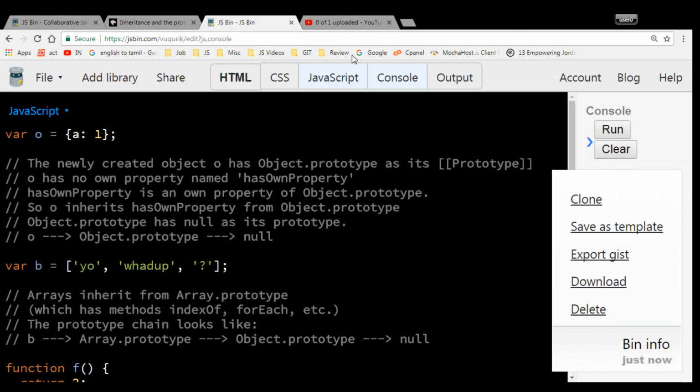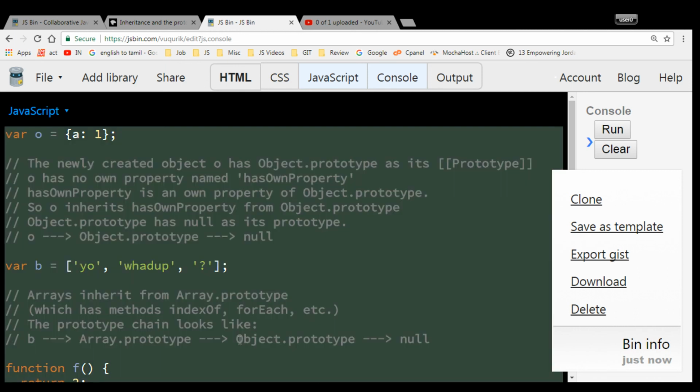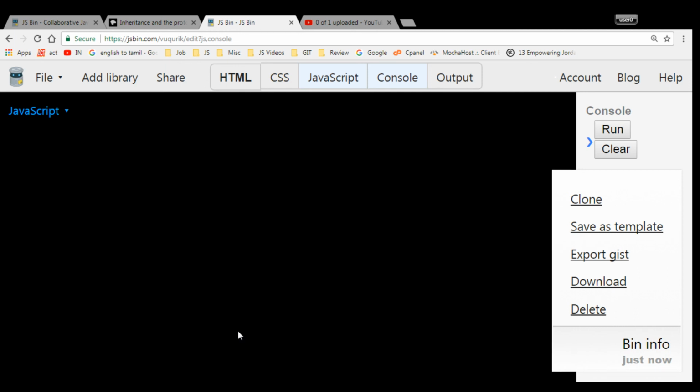To understand inheritance, I'll write some code so we have a better understanding of inheritance. So whatever I told you, this is for prototype chaining. Then we'll see what is